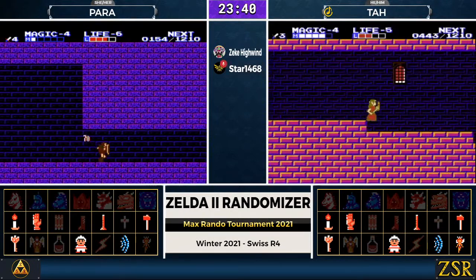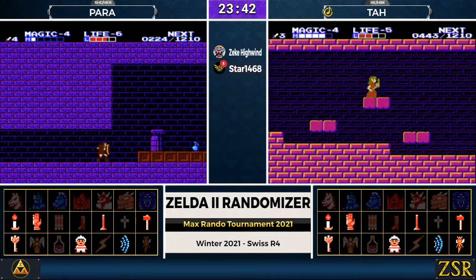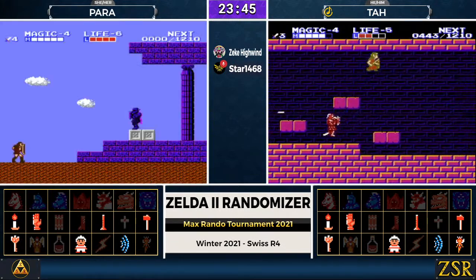Yeah, we saw a town at the vanilla end of the Paratroopa cave, but we don't know which town it is. We're currently missing 3 as...